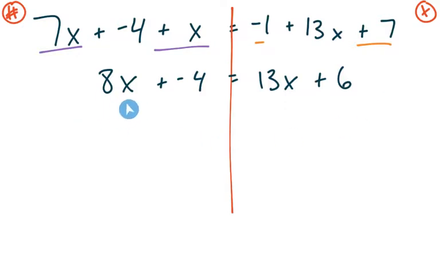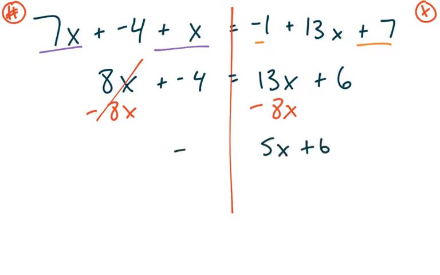So I need to get rid of this 8x. So I'm going to get rid of a positive 8x by subtracting 8x. So I'm going to do minus 8x to both sides. It's gone from the left now, and I can do 13 minus 8. I know that that's 5. So I have 5x